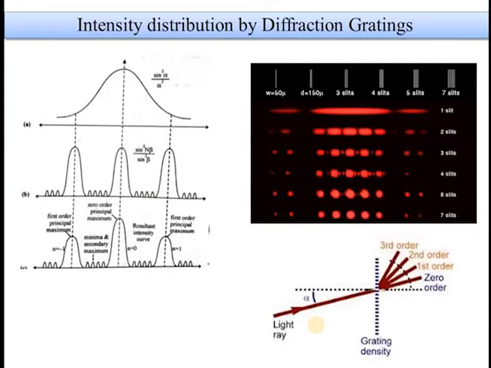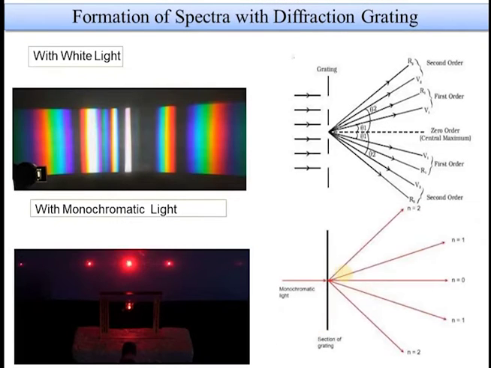And you can see the central maxima, principal maxima and minima and all. Okay, if I am using a white light, that means composite light, what happens? There will be a central maxima followed by a VIBGYOR of first order, second order. Similarly, on either side you will get VIBGYOR of first order, second order. Okay, this is the central maxima, and this is the first order having almost from violet to red. There will be another second order from violet to red. And similarly on the next side also you will be having the first order and second order. If I am using a monochromatic light, this will be the spectrum.